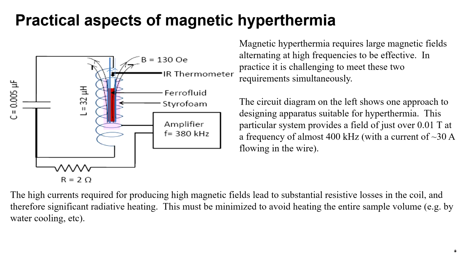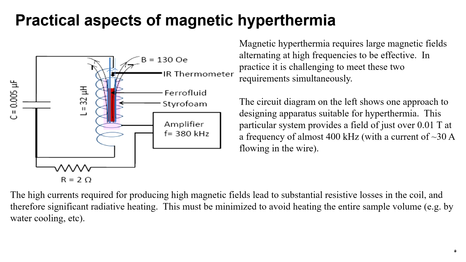So practical aspects of magnetic hyperthermia are: magnetic hyperthermia requires large magnetic fields alternating at high frequencies to be effective. In practice, it is challenging to meet these two requirements simultaneously. The circuit diagram on the left shows one approach to designing apparatus suitable for hyperthermia. This particular system provides a field of just over 0.01 T at a frequency of almost 400 kilohertz. The high currents required for producing a high magnetic field lead to substantial resistive losses, and therefore significant resistive heating is there, and this can be minimized